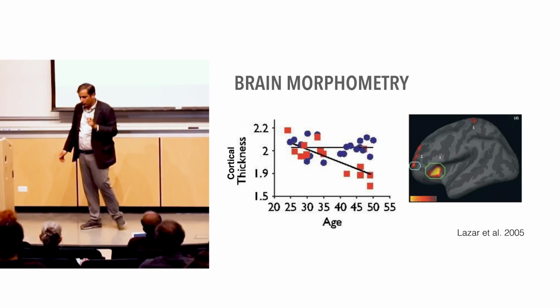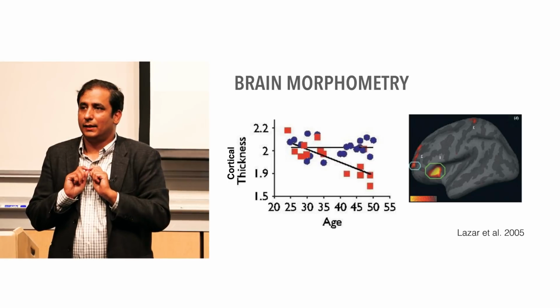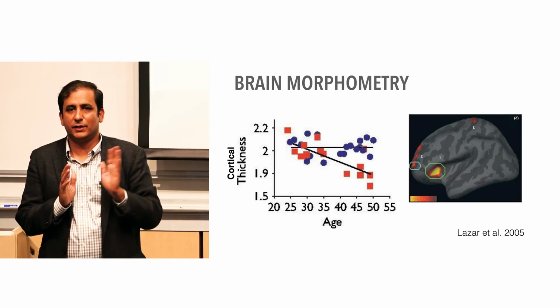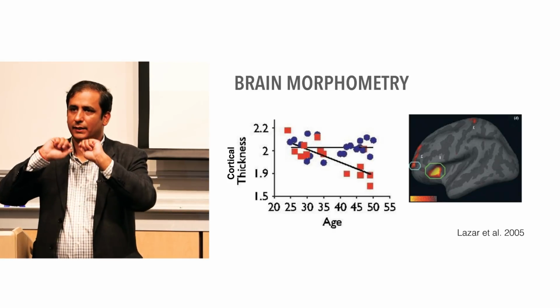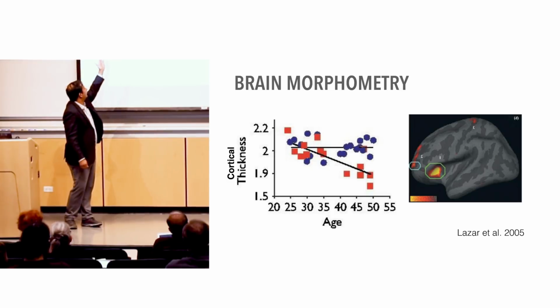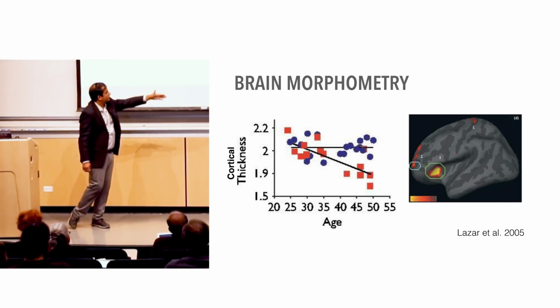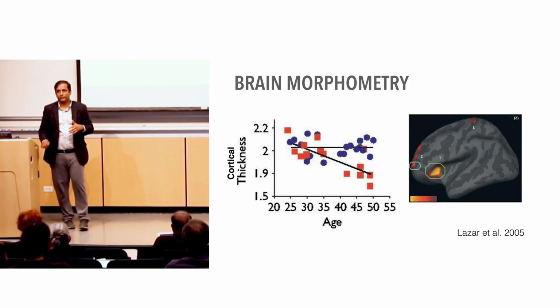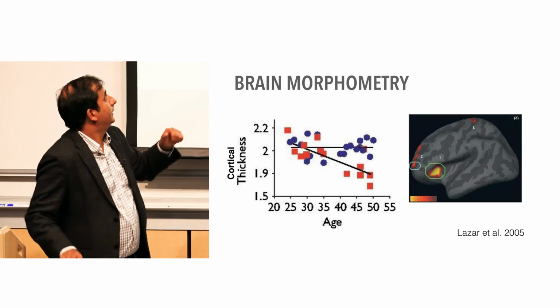And they wanted to see if you have these people and you look at the regions which are known to be engaged in cognitive control, then whether the cortical thinning is somewhat different. So as I was mentioning earlier, as we age, our cortical neocortex, the thin layer around the brain, thins over time. It starts at close to 2.53 millimeter and goes further down as we go to 70 or 80, probably closer to 1.5 to less than 1 millimeter. And they wanted to see whether people who meditate, perhaps that is slowed down or at least somewhat stable. And that's exactly what they found.